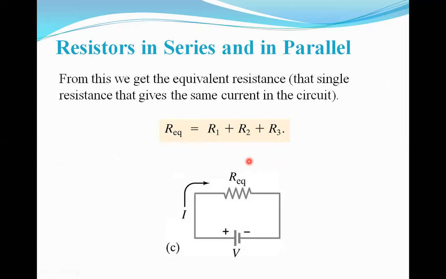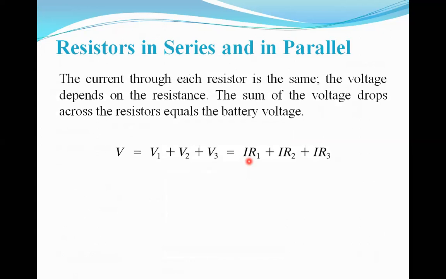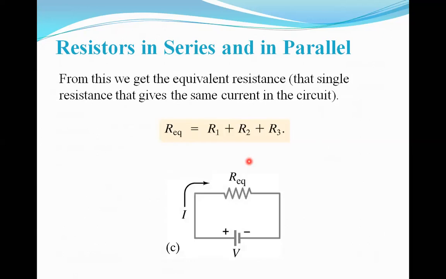Now what will happen to the same resistances when they are connected in parallel? Here we have a drawback when the resistors are connected in series. The voltage will be divided across each of the resistors. The voltage will drop across each of the resistors. But in the case of